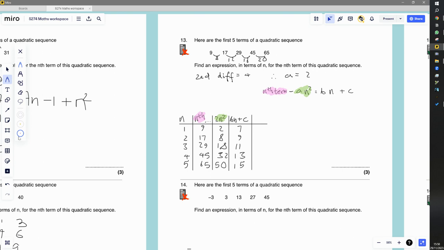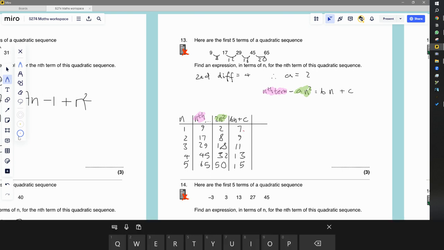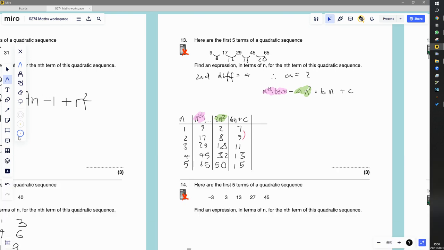So as at the beginning of the video, I showed you how to do the linear sequence. So we treat this the way that we would treat any other linear sequence. If the difference is 2, then b is 2. Okay, so b must equal 2, and then we just think the first term would be 2 if it wasn't for this c value. So c must be 5